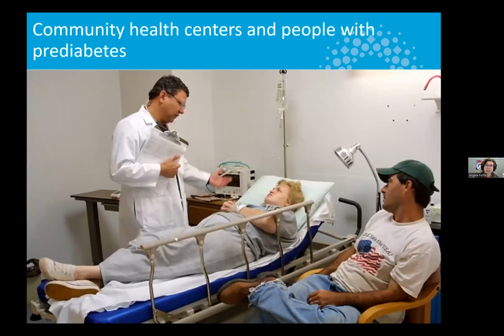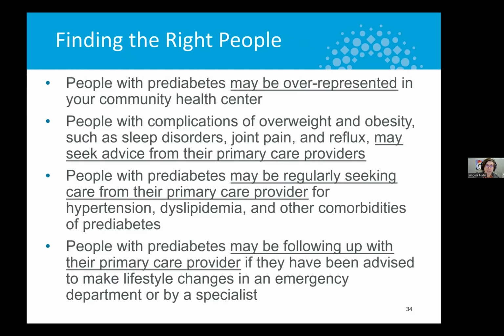So let's think a little bit about the people with prediabetes that you're seeing. As I mentioned, people with prediabetes may be overrepresented within your community health center. You might be seeing individuals with overweight or obesity. Again, you can look up those BMIs. You may be seeing people with sleep disorders or joint pain or reflux. You could be seeing people with high blood pressure, high cholesterol, all of these other comorbidities, these kind of fellow